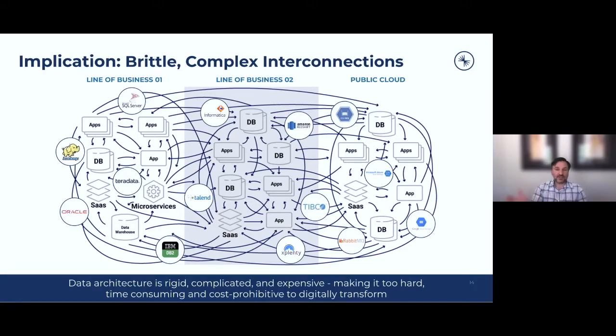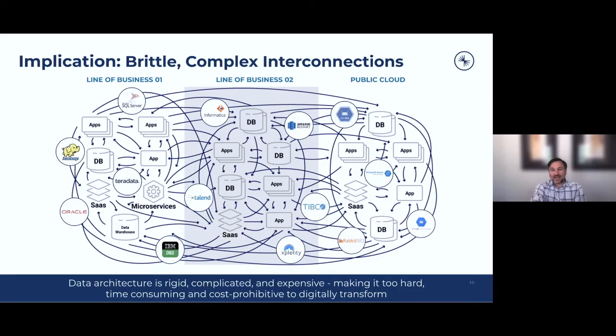And so how do you share data? Well, you've got this application that speaks to this database, that talks to the SaaS service, and they all need to share it. And so you'll see a lot of point-to-point connections, right? So sharing data is not new. We know how to do it. It's just that it looks like this and it ends up being really hard, and it becomes much harder when you add in that third component on the right there, the public cloud, or private cloud, the government cloud.